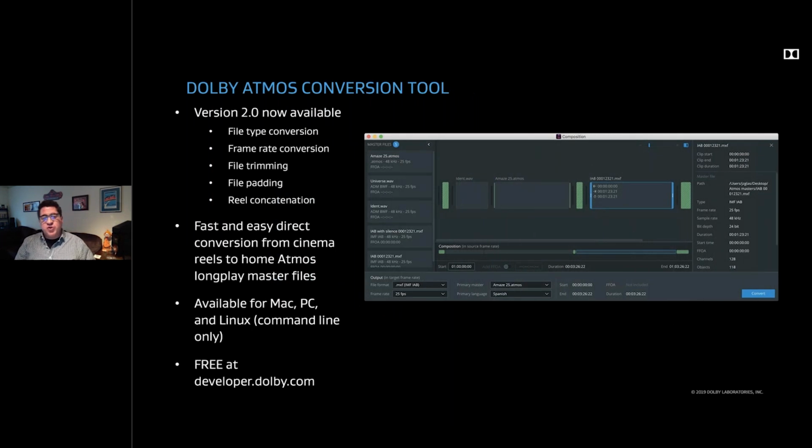Dolby Atmos conversion tool. Our brand new version 2.0 just came out last week. It's kind of our Swiss Army knife. It's for file type conversions, frame rate conversions, file trimming, file padding if you need to add silence to the header or tail, and concatenating the reels together, like when you're processing a cinema Dolby Atmos master into a home entertainment